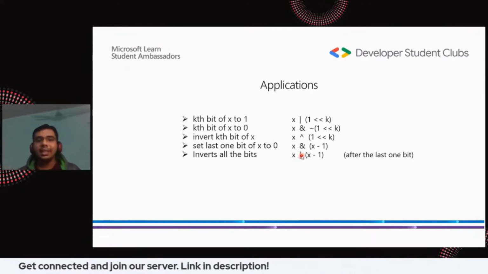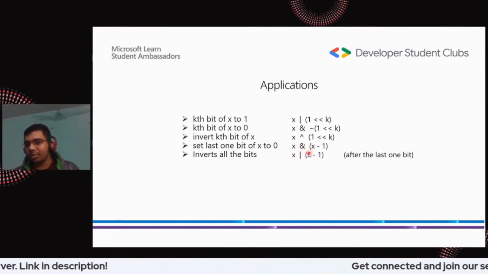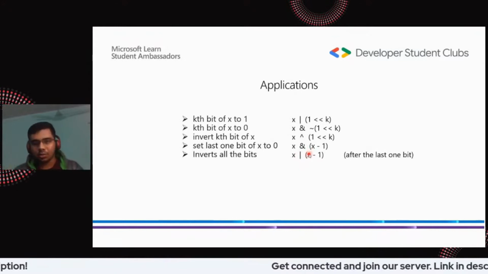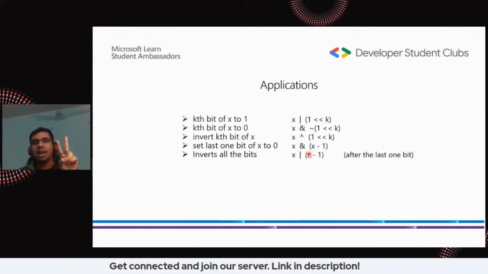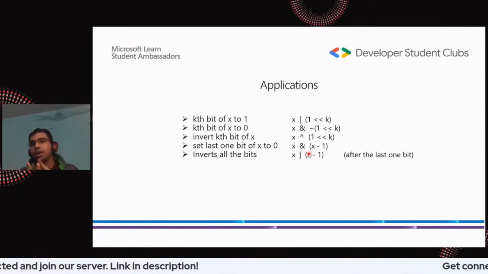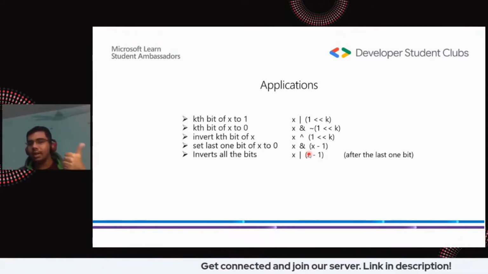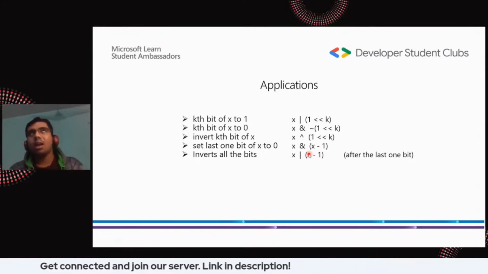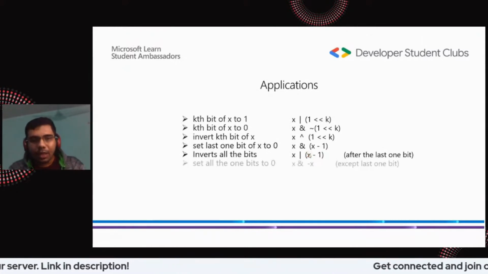do this kind of thing, then you just need to come up with an OR operation between the x and x minus 1. Again, take the example of 3. 3 is 1 1, and x minus 1 is 2, so 2 is 1 0. So if you do an OR operation between this, what would happen, right? It would give you 1 and 1, right? Sorry if I'm doing it wrong. I don't think so. Okay.